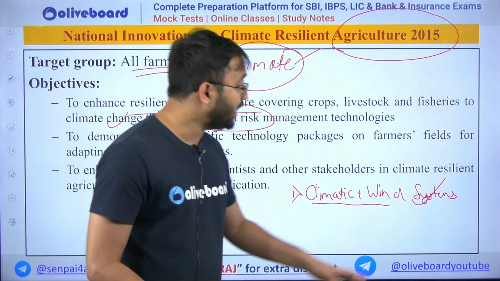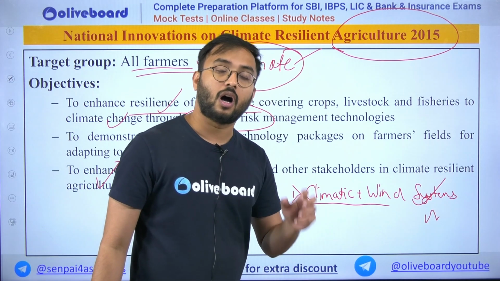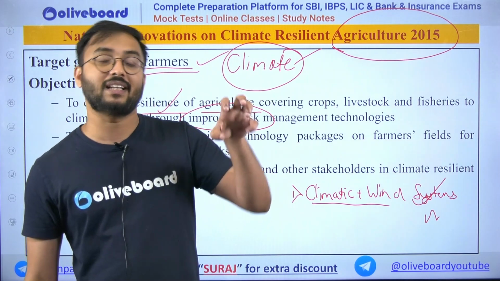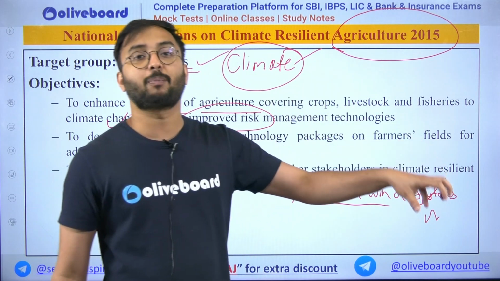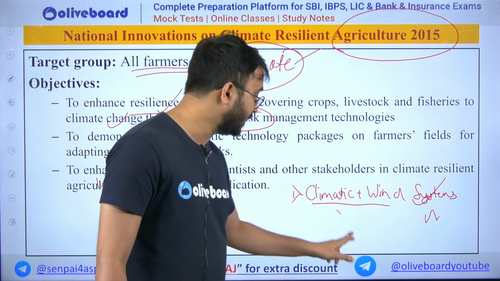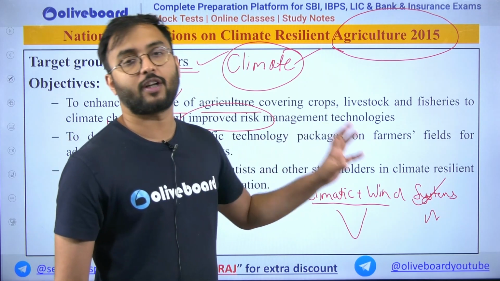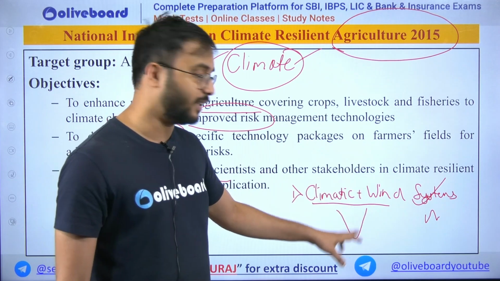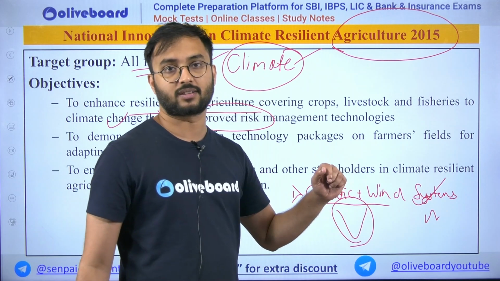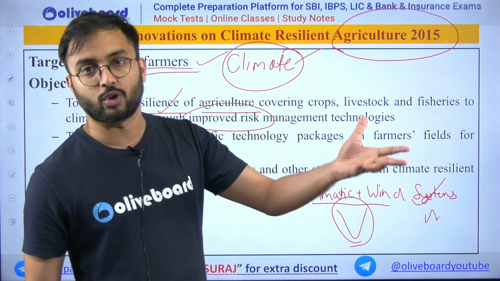Okay, when the El Nino phenomenon takes place, what happens? Of course, whatever monsoon is there is suppressed. When monsoon is suppressed, less rainfall comes to the Indian subcontinent. When less rainfall comes to the Indian subcontinent, you will understand that it is very difficult to do agricultural practices. There are various problems associated with monsoon.